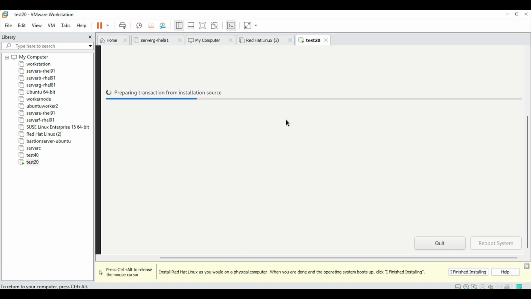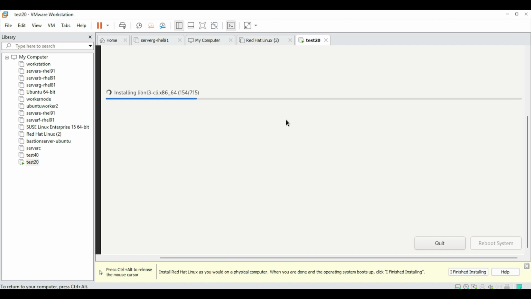Sometimes if the internet is in good condition it is fast, otherwise it may take time, but this complete procedure will take only 4 to 5 minutes, not more than this. This is the complete transaction. How the transaction is made, I will show you after this exercise, but first I need to complete this installation exercise.